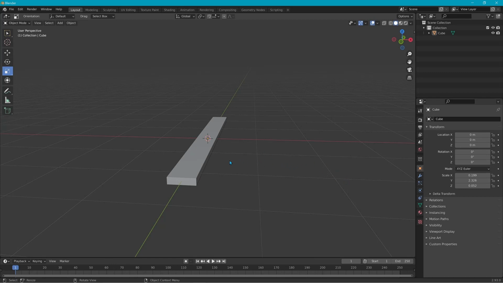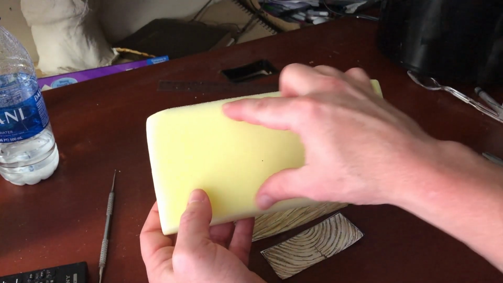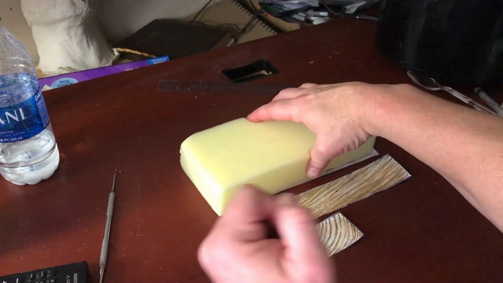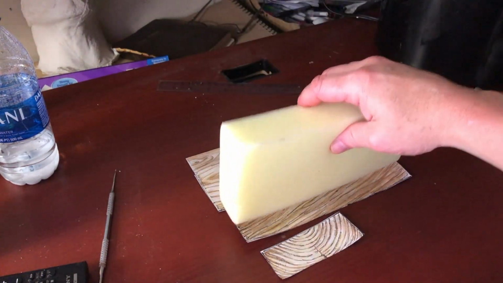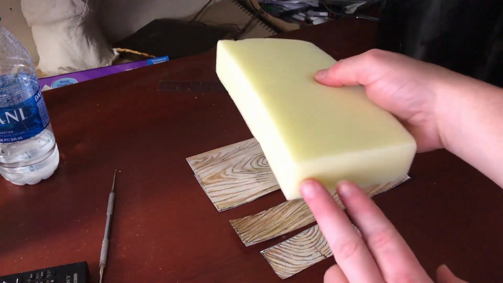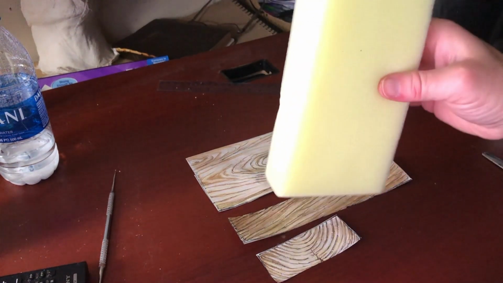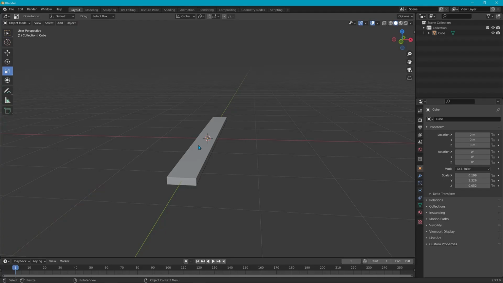to understand what we're about to do here, watch this real quick. You will basically say, okay, the top, I want you to fit here. The sides, I want you to fit here. And then the ends, I want you to fit here, like this. Alright, now that you've seen that,